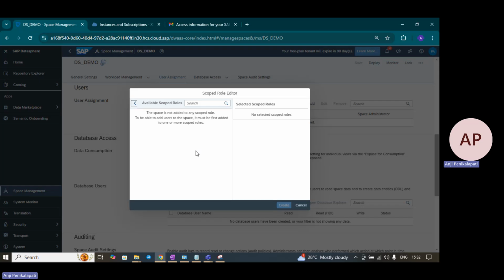Okay, here you can see the space is not added to any scope role. To be able to add user to space, it must be first added to one or more scope roles. So I'm not able to add the user because the space is not added to a scope role. So we have to add the space to some scope roles. Then only we can assign some users to this space. So where can we do that, and what is the scope role? Let's cancel this